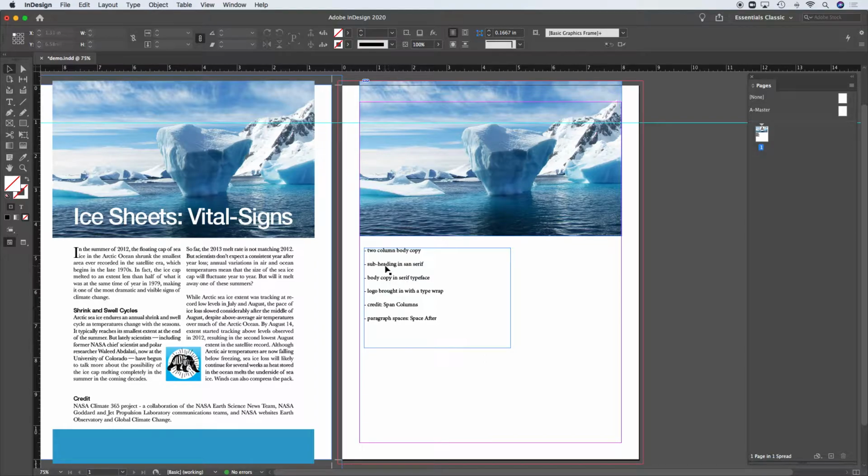The subheading, so that's the subheading of course, and the body copy in the serif typeface. And the logo placed in, and then a text wrap is applied to the logo itself. So a text wrap is something that we apply to an object that we want the type not to touch. And that is essentially, it's like a little force field around the object. So we're applying a text wrap or type wrap to the object, not to the type that we want to